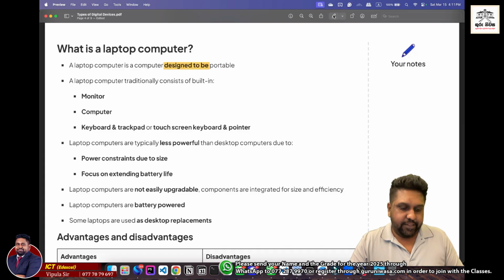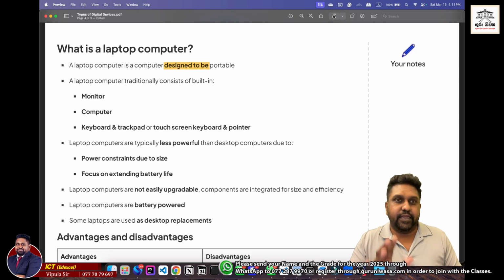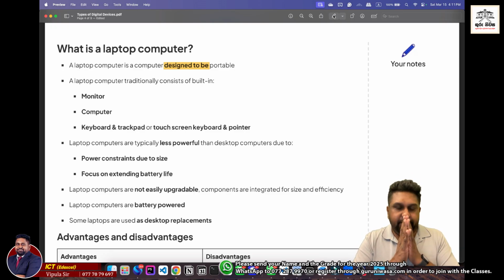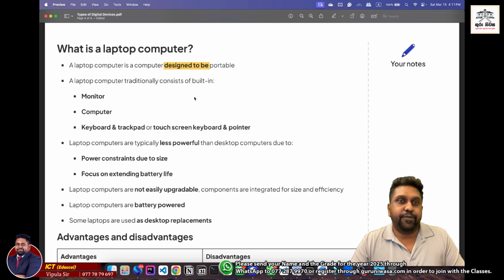Okay, so a laptop computer is something which is designed to be portable so that you can take it to multiple places wherever you go, right? So just be careful, remember the keyword, it's designed to be portable. Okay, so a laptop computer